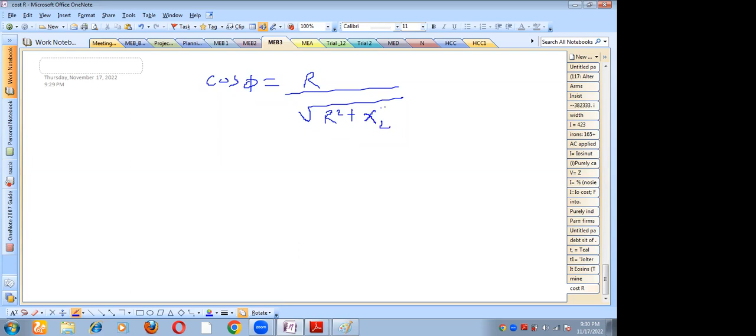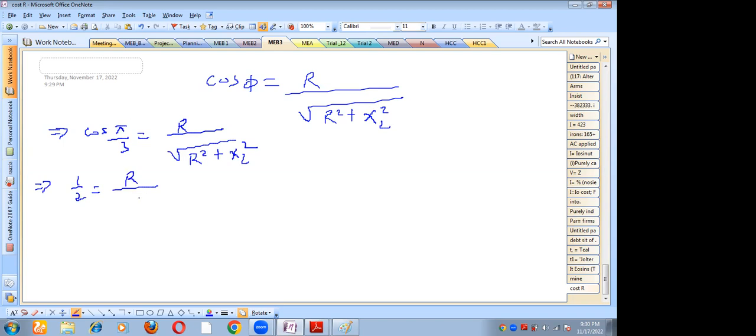And it is again given as pi by 3, so cos pi by 3 will be equal to R by root of R square plus XL square. That cos pi by 3 is 1 by 2. So this will be R by